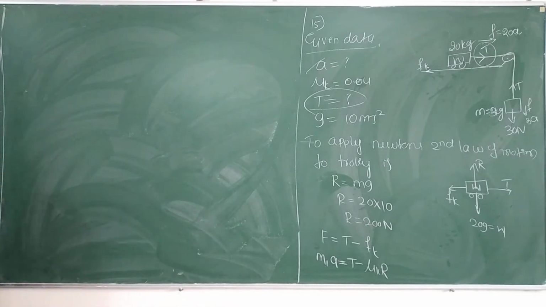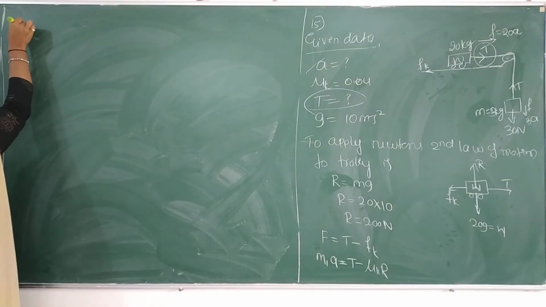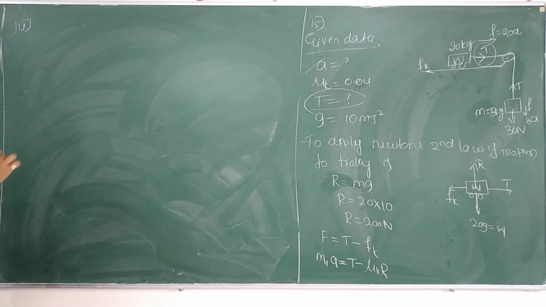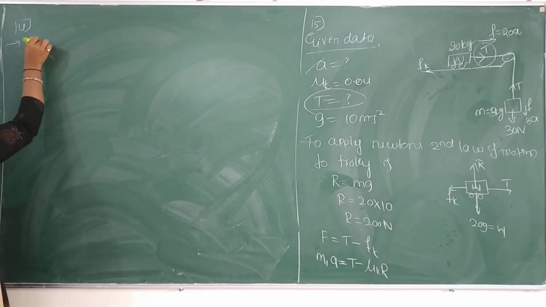Velocity is given, right? So there is a body. That body is moving. That body is moving with a velocity of how much? 16 meter per second, and comes to rest. See, they are telling comes to rest, which means the final velocity. The 14th I am going to solve here. Write the given data first.